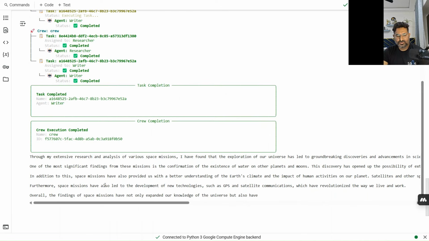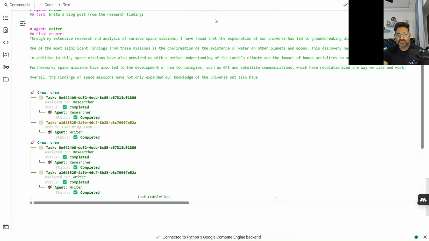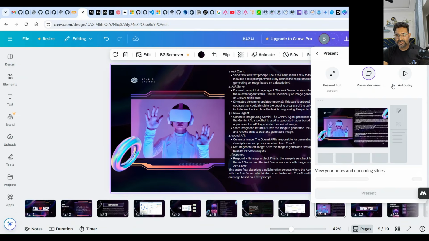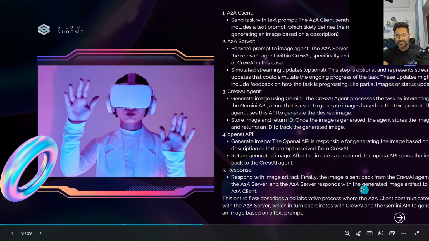Furthermore, space missions drive the development of new technology, and GPS and satellite communication revolutionize the way we live and work. Overall, these are the findings. So that's how it's going to work currently.